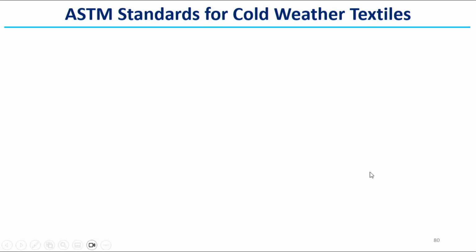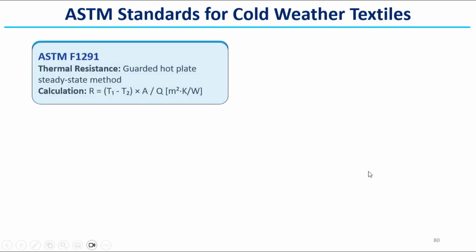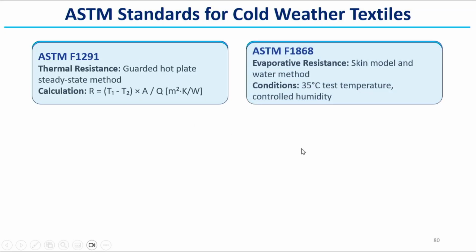an ASTM standard for cold weather textiles. So, ASTM F1291 is a method which is a thermal resistance measurement by guarded hot plate system. That measures the dry heat transmission. ASTM F1868, which measures the evaporative resistance, skin model and water method, where conditions are 35 degrees Celsius temperature in controlled humidity,